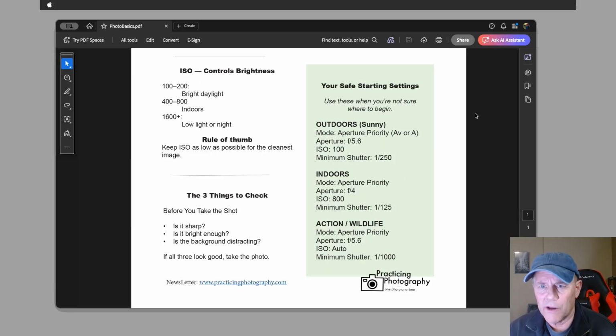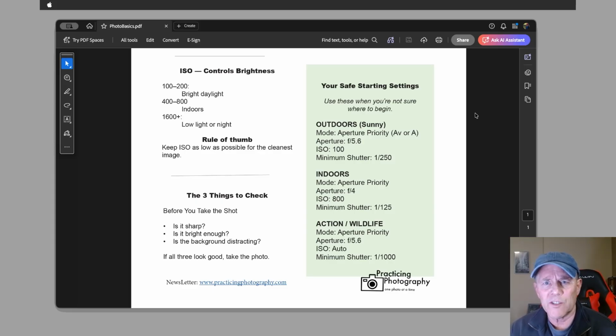So before I cover this green area, I told you I'd ask you a question, and that question is, which of these settings are the most difficult for you to comprehend? Which one do you have the most difficulty setting? So let's look at what I have in the green section. These are just, I call them safe settings. If I don't know what to set it to,